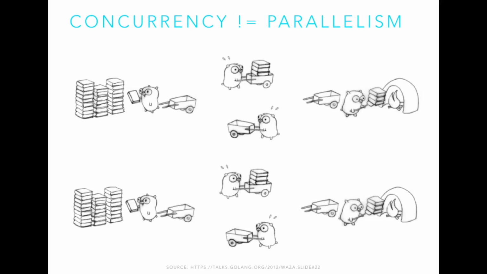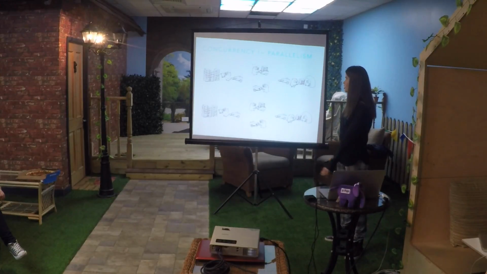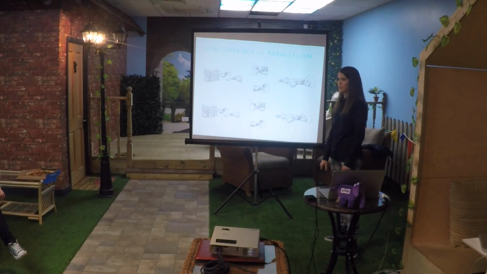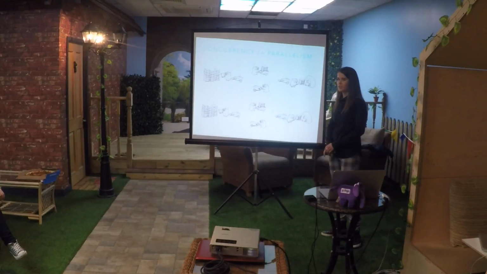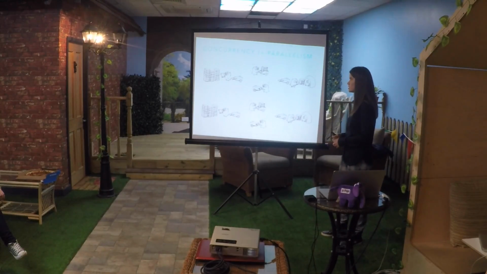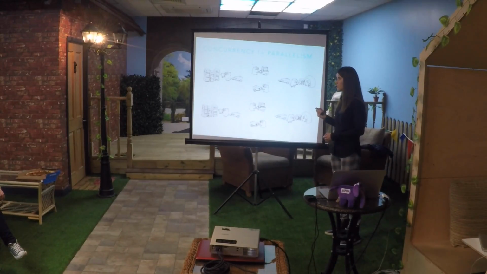This is probably the most intense slide. So basically, when I started doing Go, I was reading around on the subject, and I came across a talk by Rob Pike, one of the authors of Go, saying that concurrency is not the same as parallelism. And I was like, ooh, how so? Because as PHP developers, we're kind of like, well, it's the same thing. And you don't really come across concurrency in PHP because you don't really deal with threads in PHP. By design, it wasn't designed with that in mind. Whereas with Go, we do. And then it's good to learn how to design concurrent Go apps well if you want to write concurrent apps.